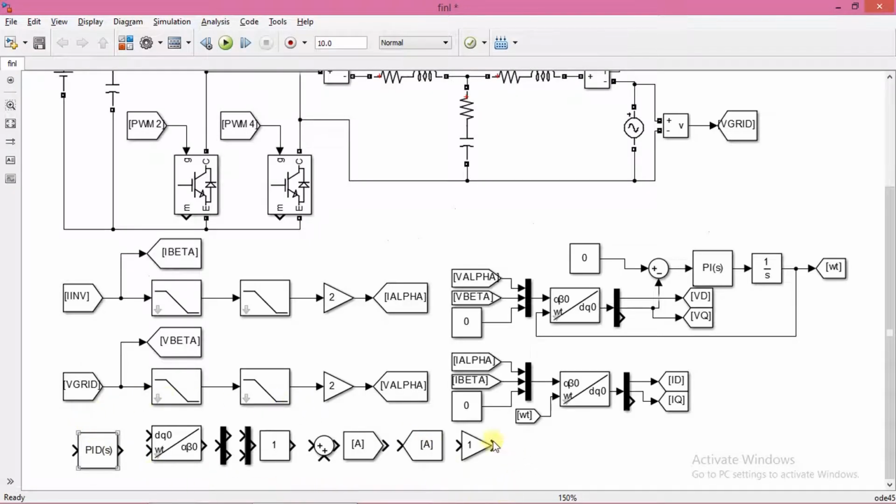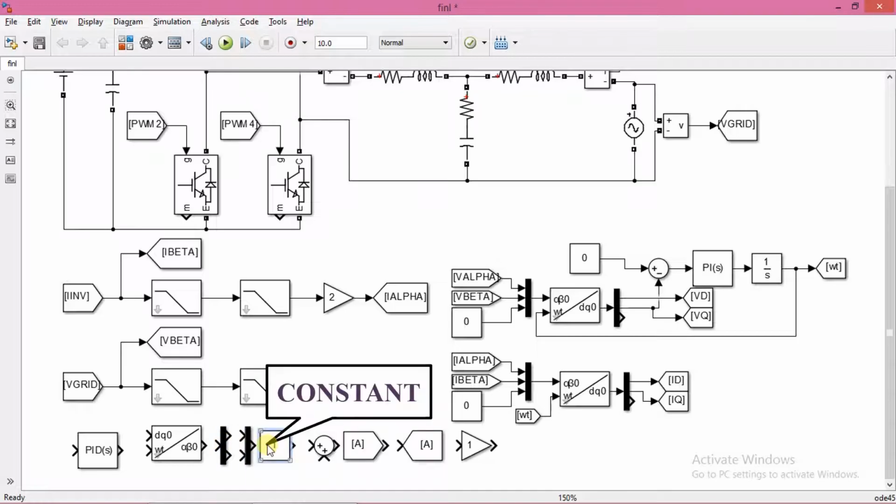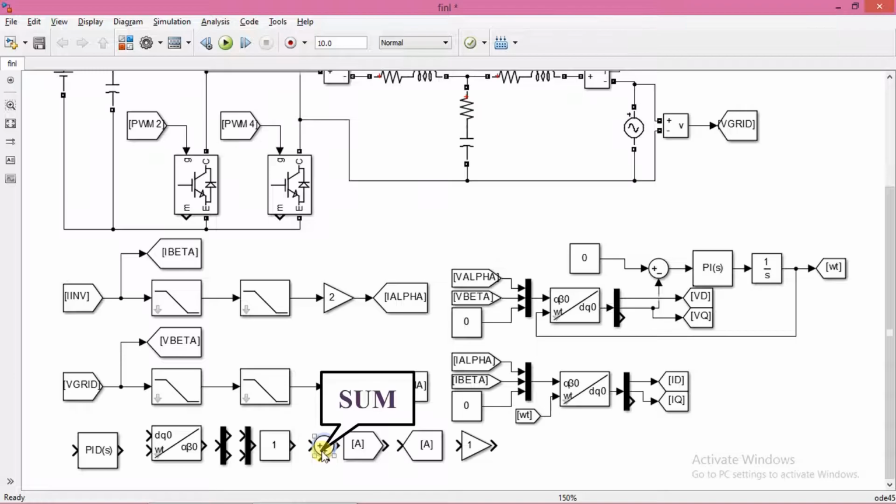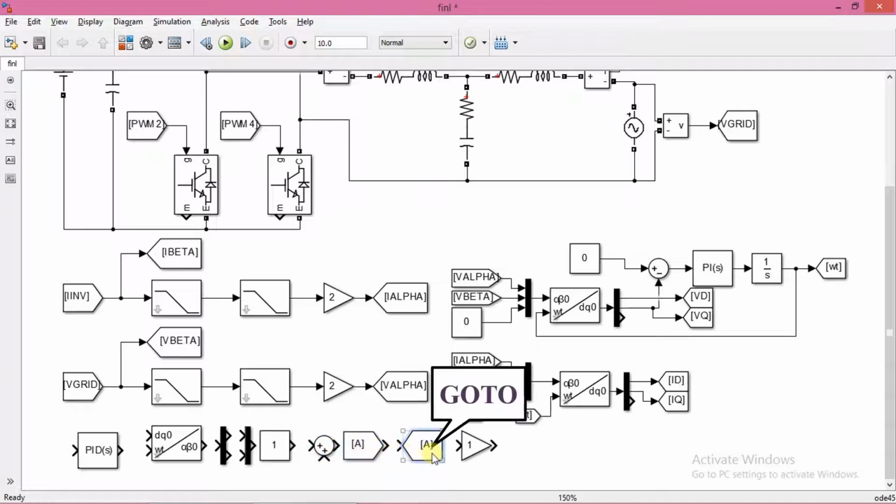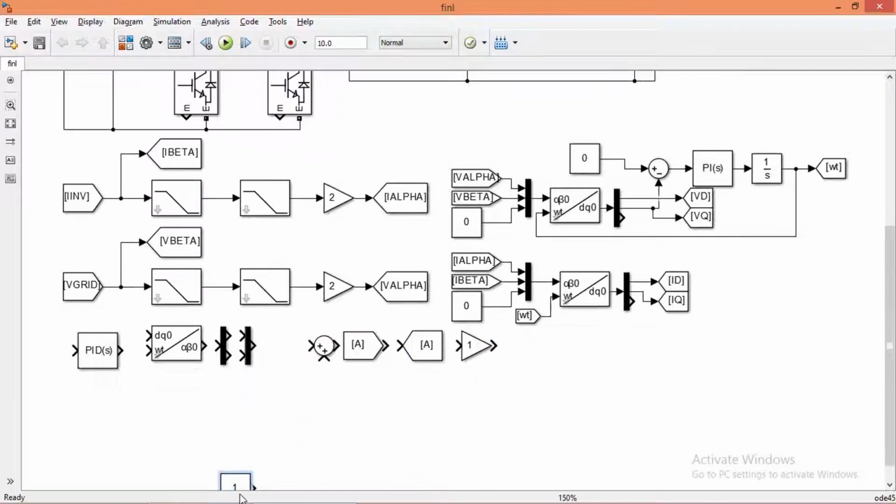These are the required blocks. First we connect the D-axis current controller.